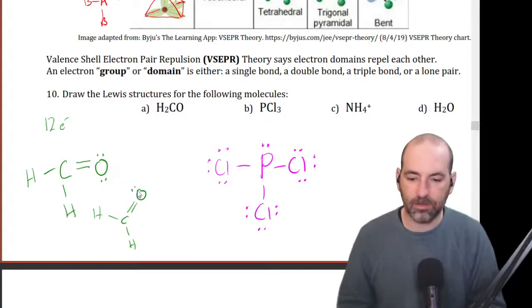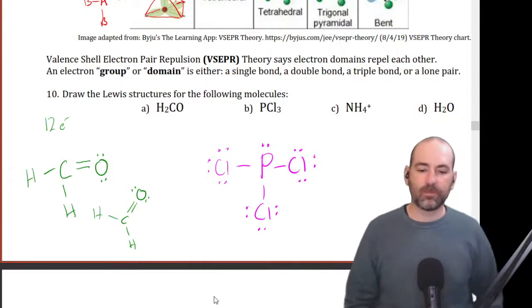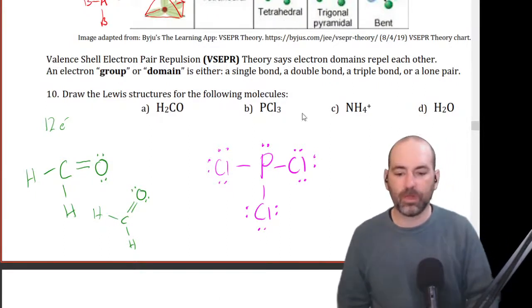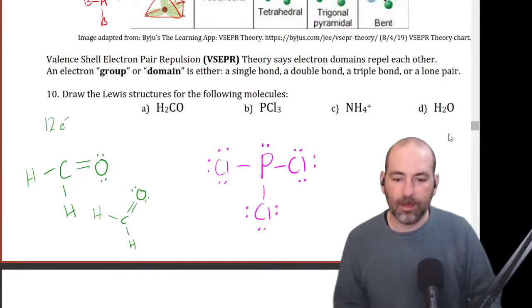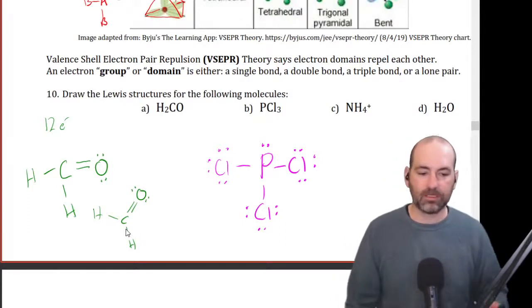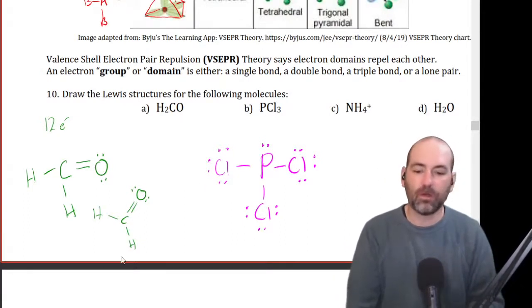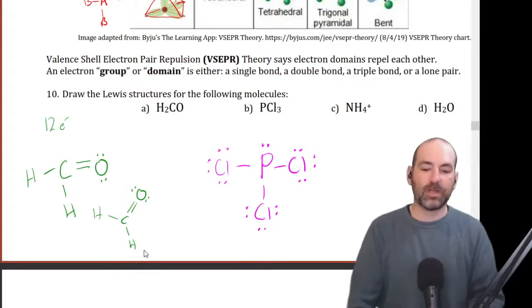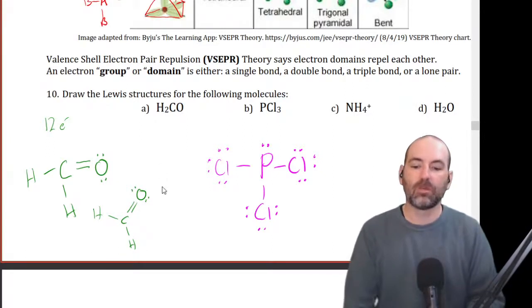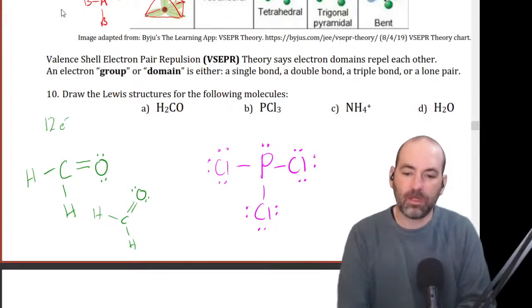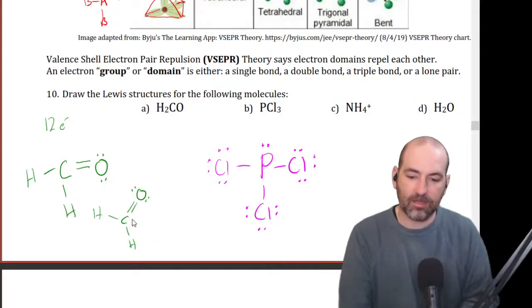Oh, I forgot my lone pairs. All right, and while we're looking at this molecule, let's think about the polarity also. In this case, we don't have any OH bonds, but we do have a CO bond, which is polar. And we know the CH bonds are nonpolar, so we can kind of ignore them. So when we're thinking about the polarity here, we really only have to look at the C and the O